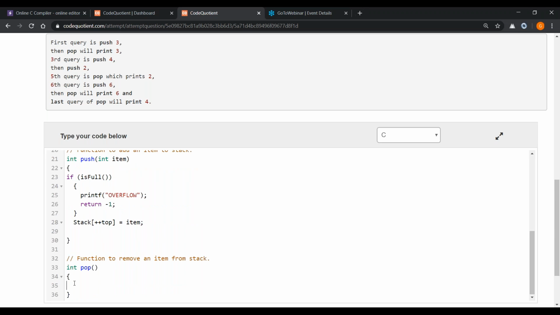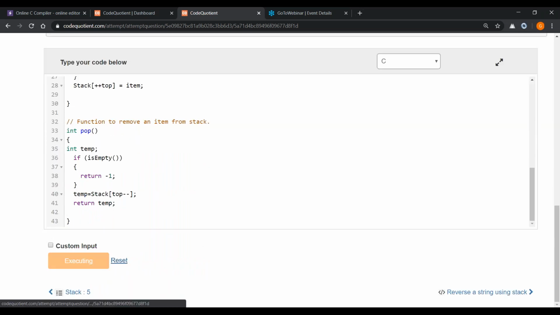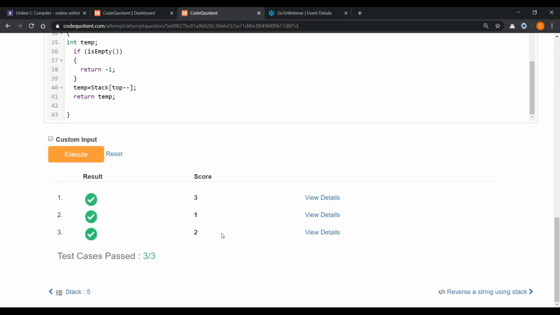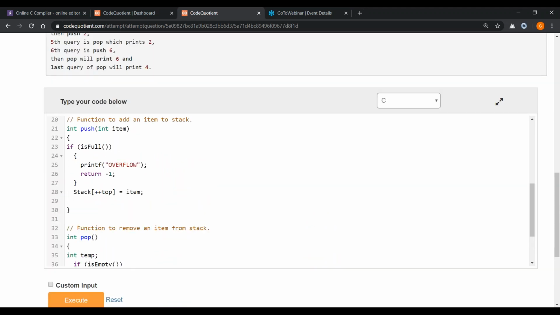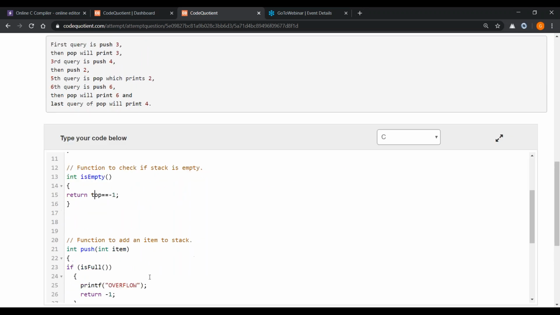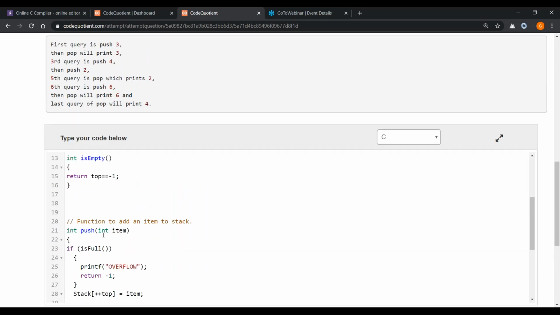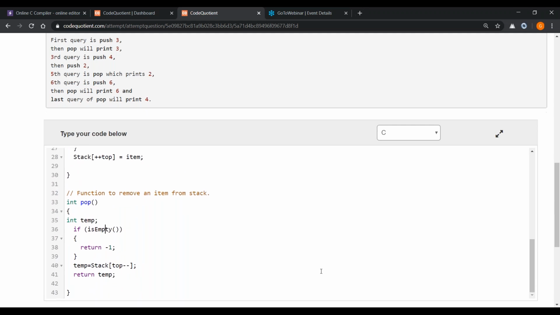And for pop, the same which we had discussed. Let's try to execute and see whether it is running or not. Yes, it runs. So whatever we have learned, the same functionality they have told us to implement. isFull I'm calling in the push, and isEmpty I'm calling in the pop.